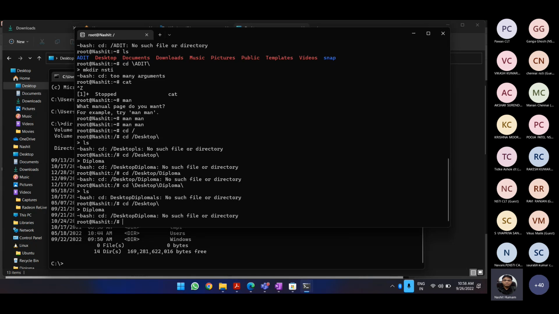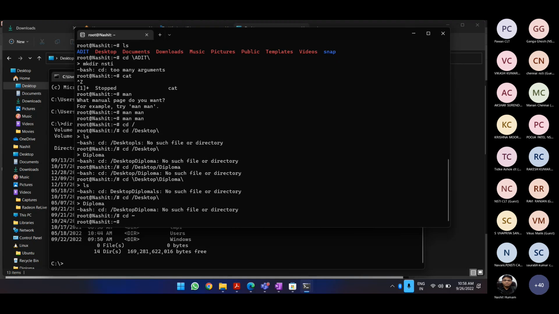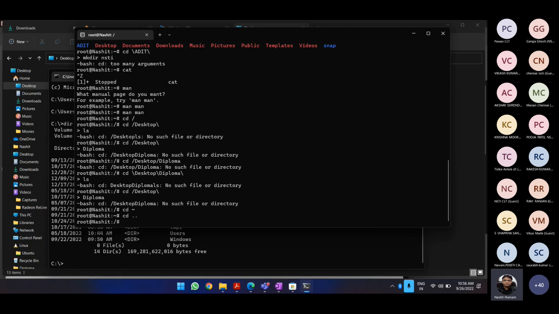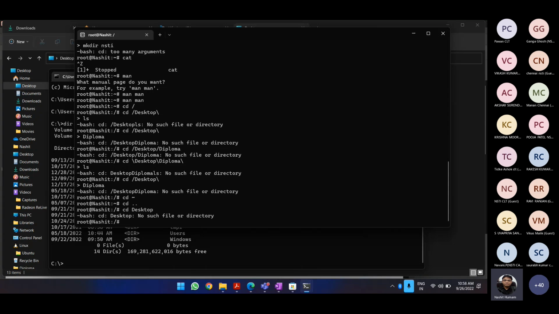I'm not sure it is not allowing me to move out, or what it is doing. The CD command, change directory, is not helping me by any chance. Let me last try this desktop or ADIT.